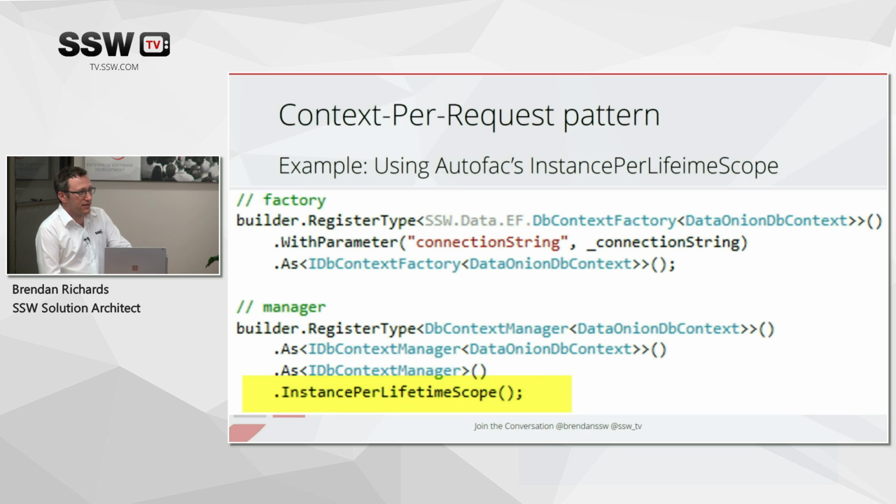So another pattern you see quite a lot is the context per request pattern. In this pattern, which obviously only works on the web, you create a context for that request, keep it open for the life cycle of that request. You might call save changes a few times, and then you make sure it gets killed at the end of the request. Autofac's example of how to do this is using the instance per lifetime scope